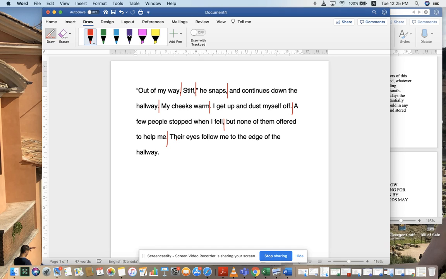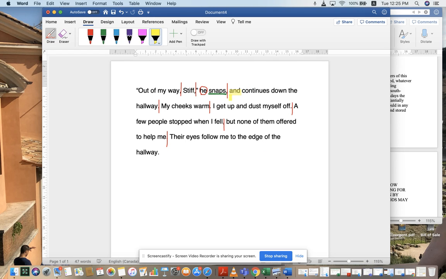So now that we have everything nicely divided, let us look at the subject and predicate. So over here, we do not see a subject or a predicate. So you know what? Let's leave that for now and move on here. Now, I can see it on this first part, but just to keep things simple, let's go with this. Next is very easy here. We have a subject that we can find is he, and snaps is the predicate, and then we have this and right here. Okay,